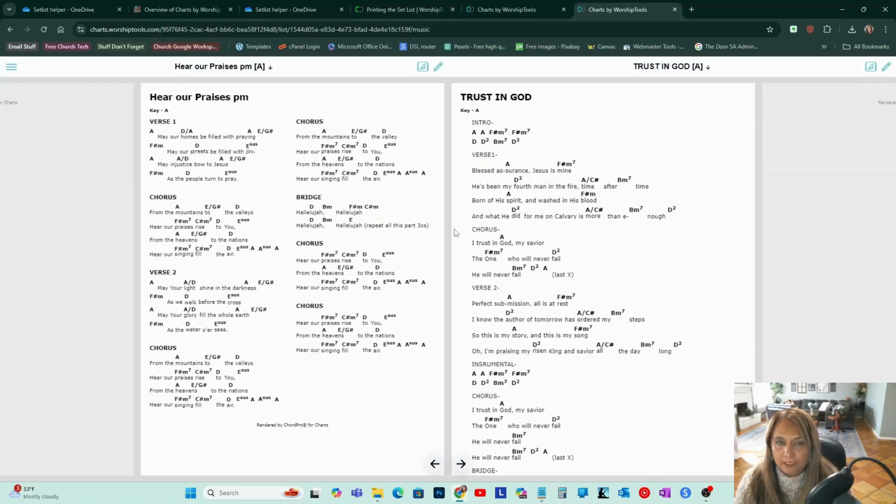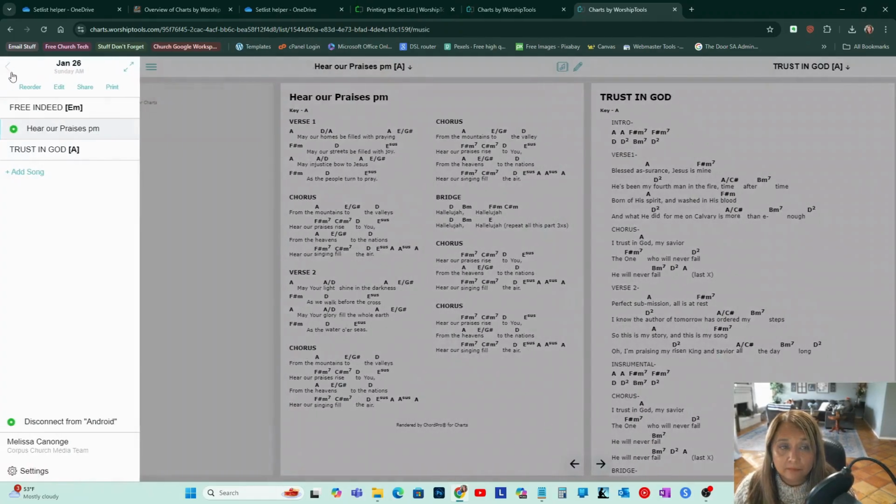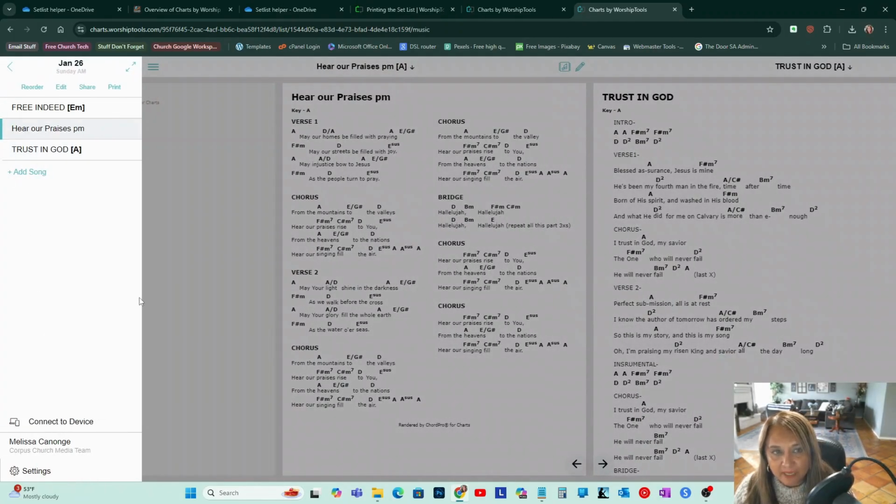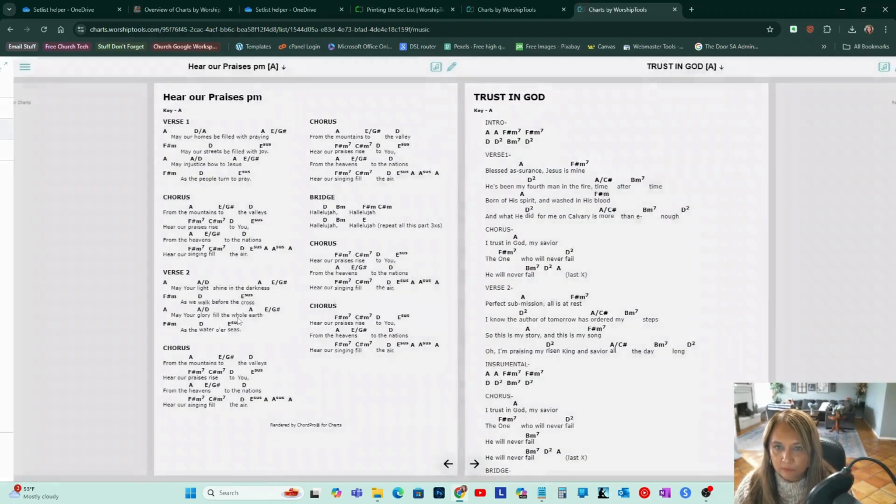Honestly, I would not let my computer screen do it, because it's always behind, and then we would all be behind on our chords. But somebody playing that's always on time, maybe a singer, could switch the songs for you. When that person that's always paying attention switches it, they can switch it for everybody. Boom. We don't have to worry about anything. That's really nice. If I hit disconnect from Android, then they won't be connected anymore,